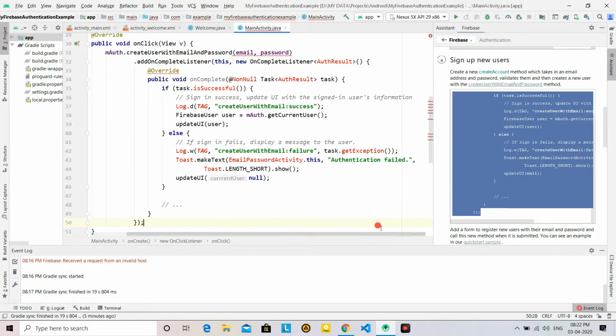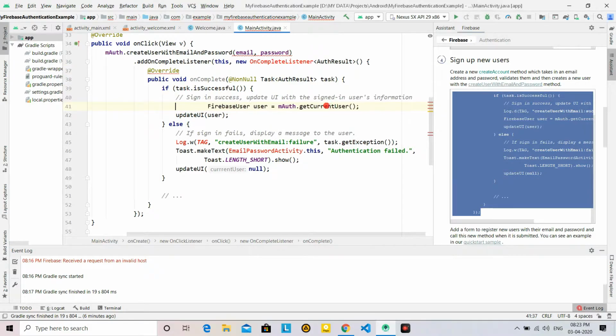Like this, first of all I have to import, Alt Enter. I have to import this one also, Alt Enter. I have to import this one also, Alt Enter. Then I have to import Toast also, so Alt Enter. Now remove all this code, we don't need all these things.